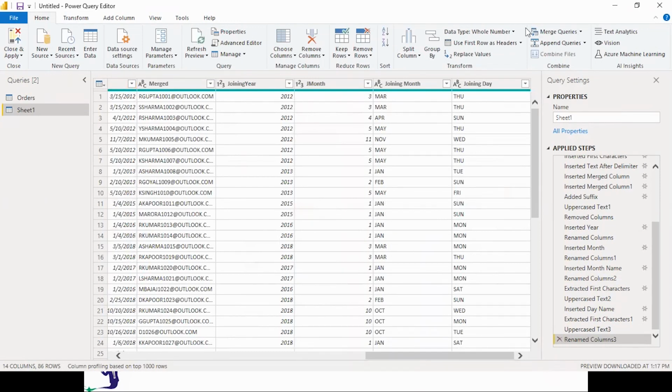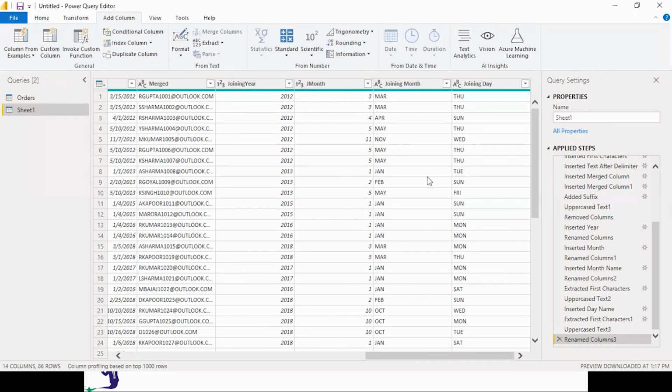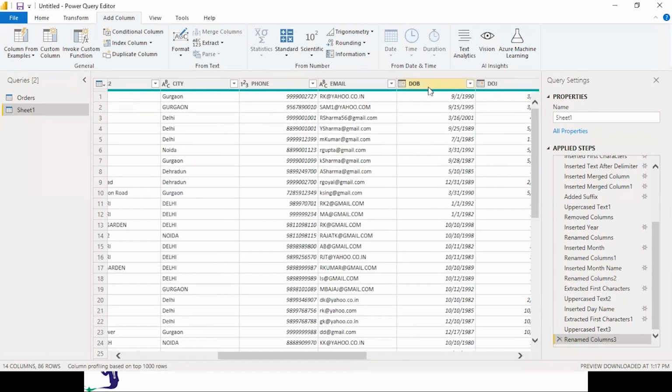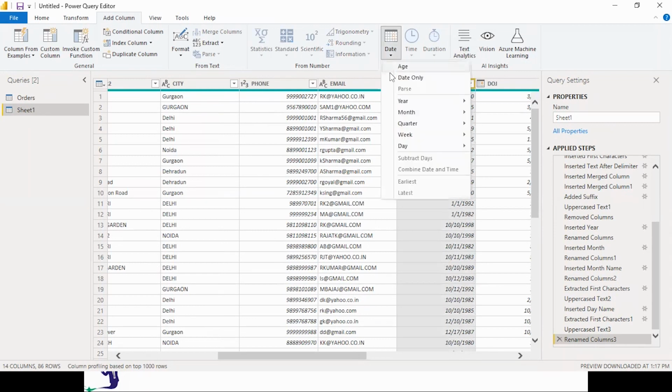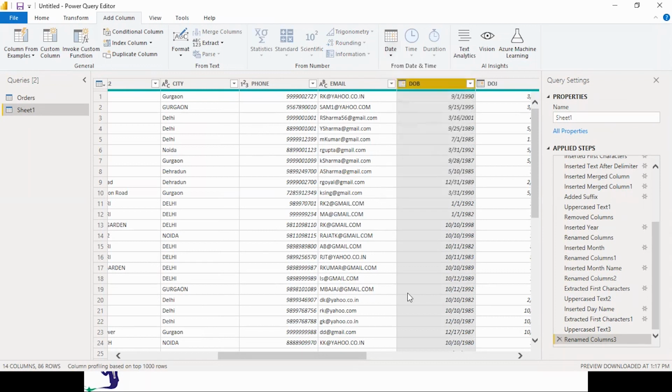Okay, and one other interesting function we have, let me go to the add column. Let us take the date of birth, and let's go to the date.